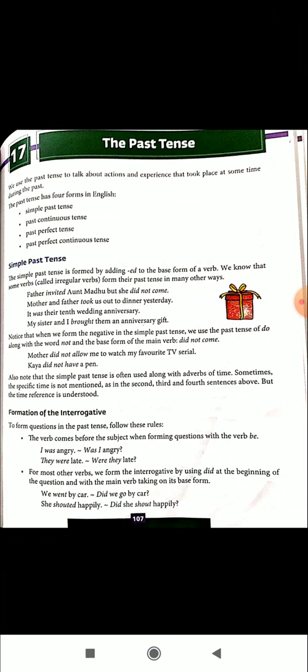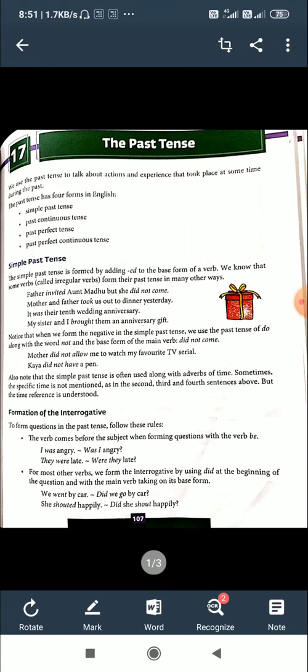W-A-L-K-E-D, past participle. So in the case of regular verbs, which we make past tense and past participle by adding ed, the past tense and past participle are same. In the case of irregular verb, the base form, past tense and past participles are different. Example, take, base form, or present tense. Took, past tense, taken, past participle. So, these three forms are different. So, they are called irregular verbs.